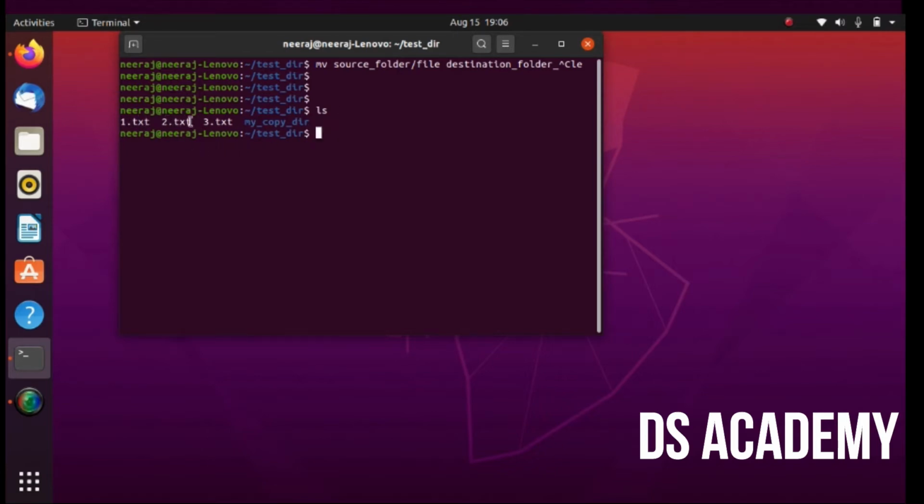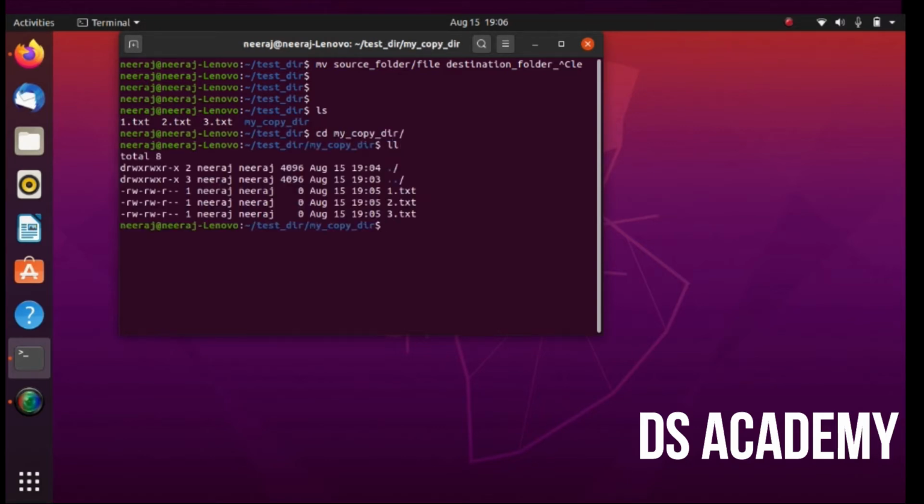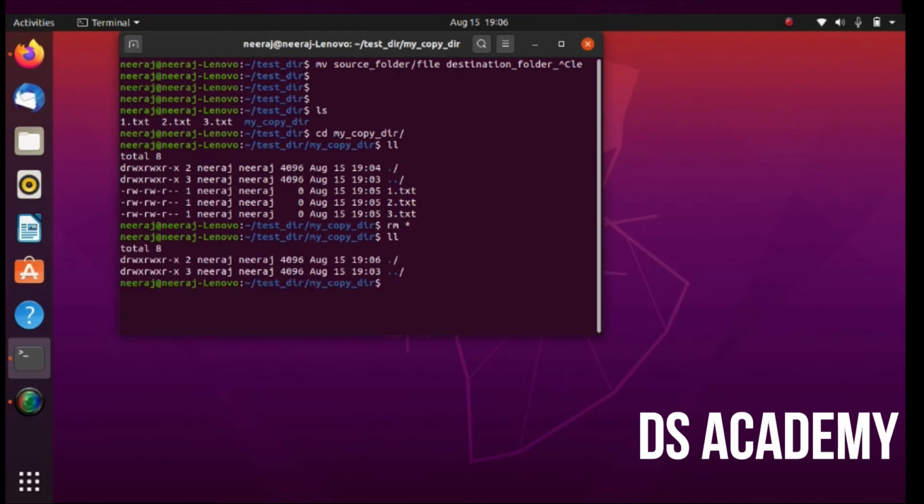So I can see as my current directory has 1.txt, 2, 3.txt, and my copy also has these three files. What I can do is I can do rm star. rm star is going to delete the content of current folder.